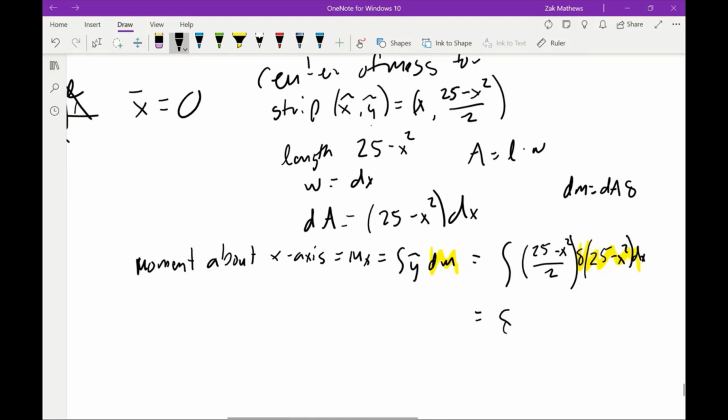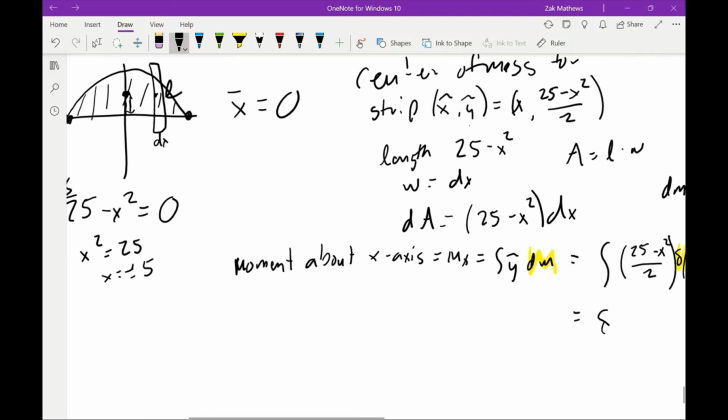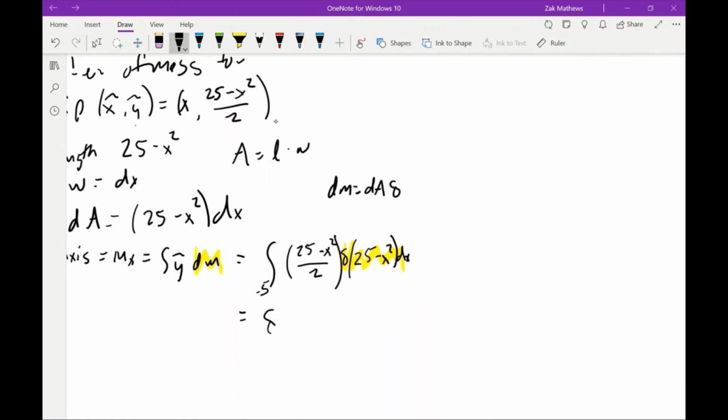Oh, the other thing I need is my integration limits. So we need to think about where we're going to and where we're going from. So where does this thing touch the x-axis? We haven't done that yet. We need the limits. So when is 25 minus x squared equal to 0? Move the x squared over, take the square root, x is equal to plus or minus 5. So those will be our limits. We needed that piece of it as well. So the limits are going from negative 5 to 5